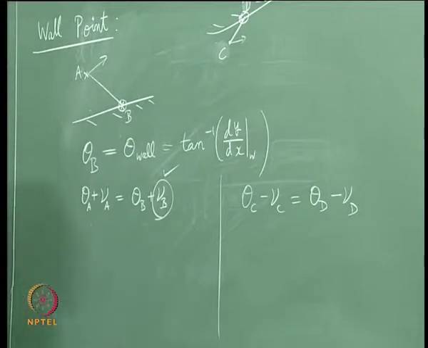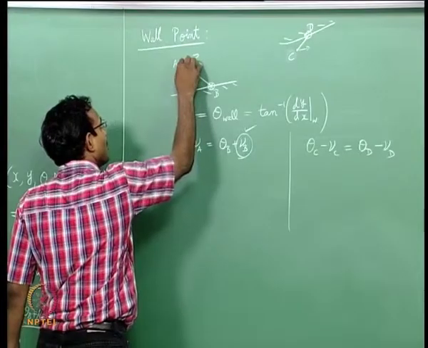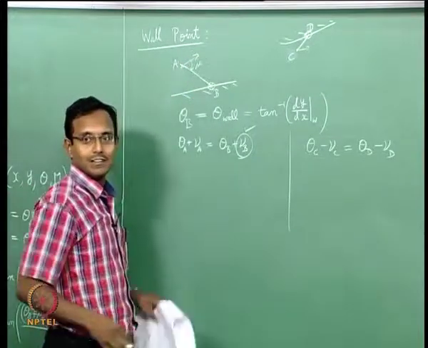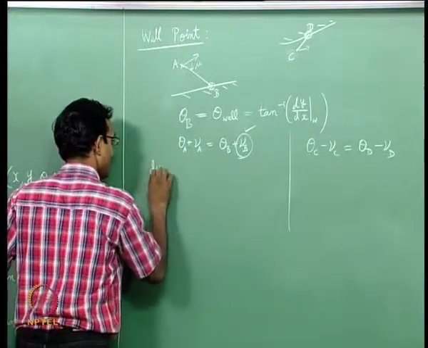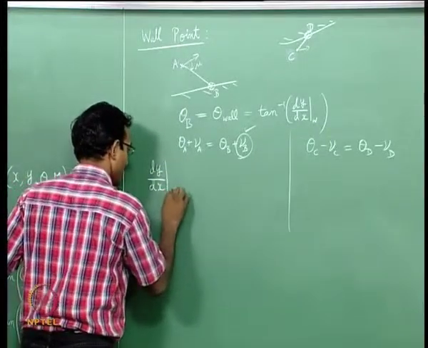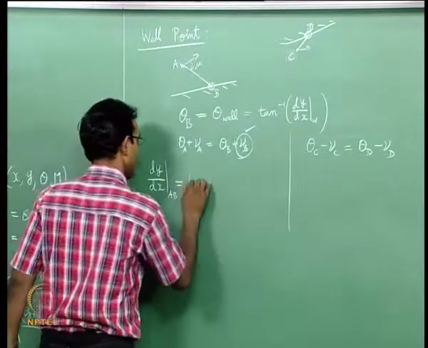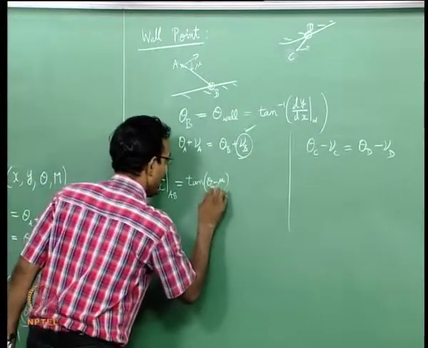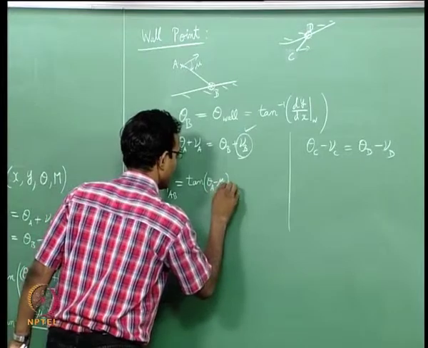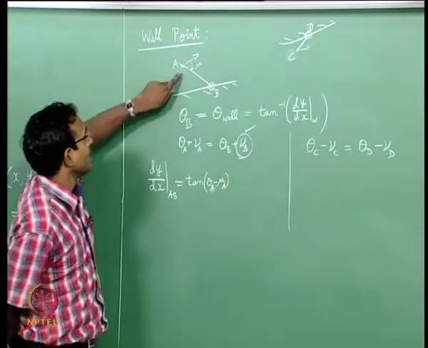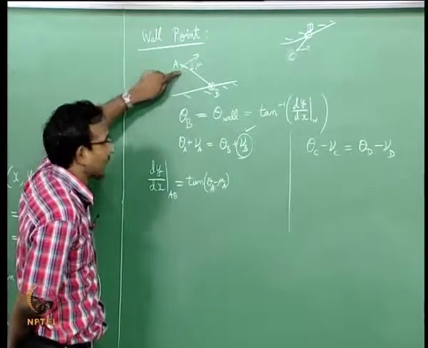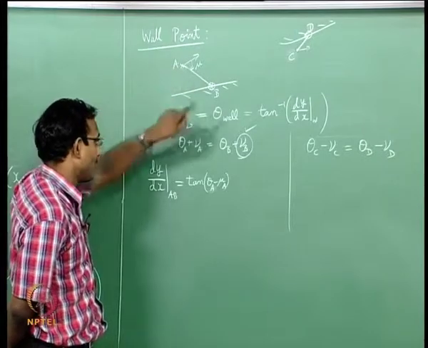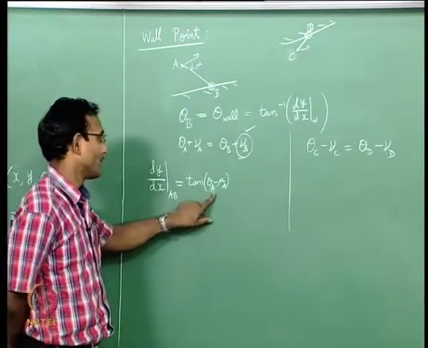We can think about simple iterative procedure. First, I will just send a straight line with dy by dx of AB is equal to tan of theta minus mu, theta A minus mu A. I can just send this. This is I am taking into account only theta and mu from this point, not an average between these 2 points. I will just take the first one alone, and from there I will just go and write this expression here. That is one way of doing it.